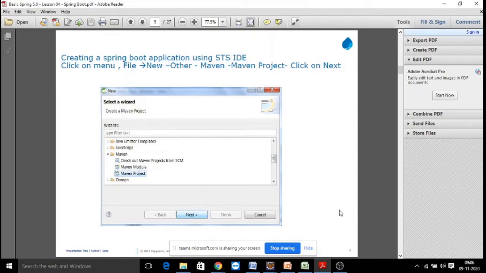Before that, I would like to also discuss some more features of Spring Boot from another PPT, as you are all new to Spring Boot, right? We will discuss a few more topics from Spring Boot.